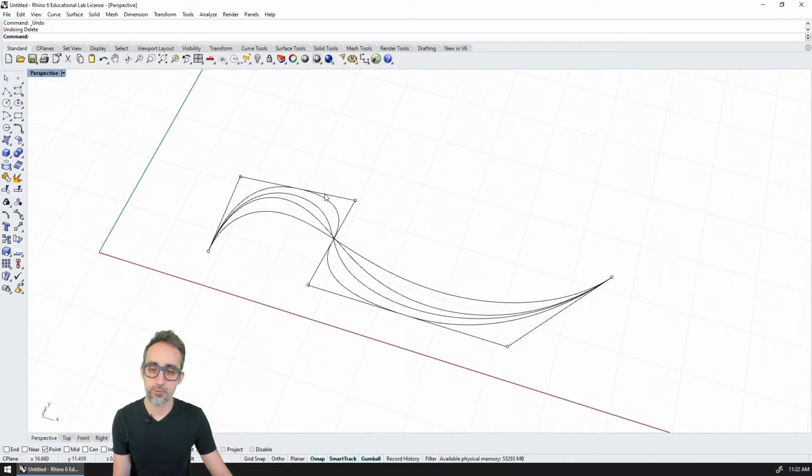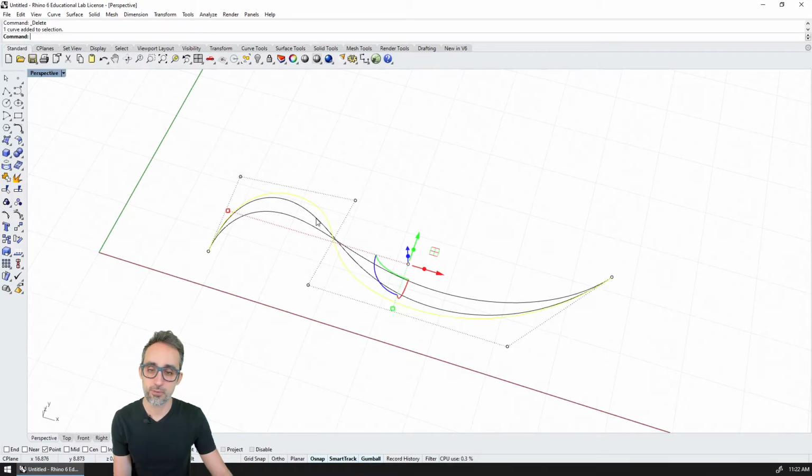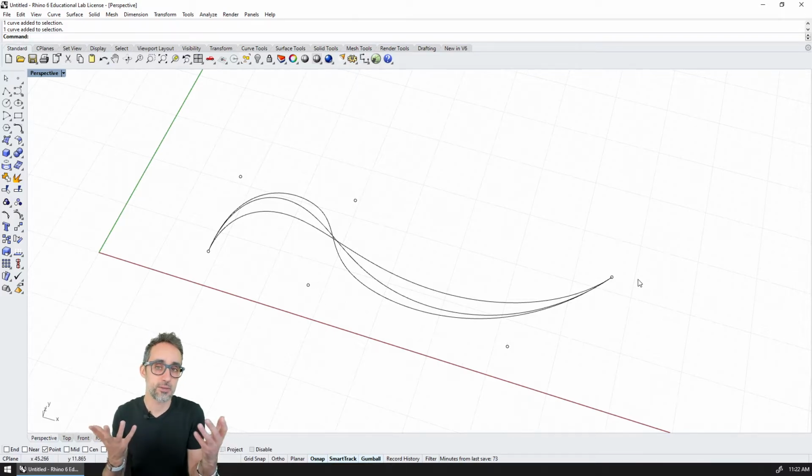Well, if you remember, for degree 3, 4, and 5, none of these curves is actually touching the original control points. And sometimes, for whatever reason, I may have a situation where I have points that I know that I want to go through. And therefore, creating a control polygon that is guaranteed to go through those points can be tricky.